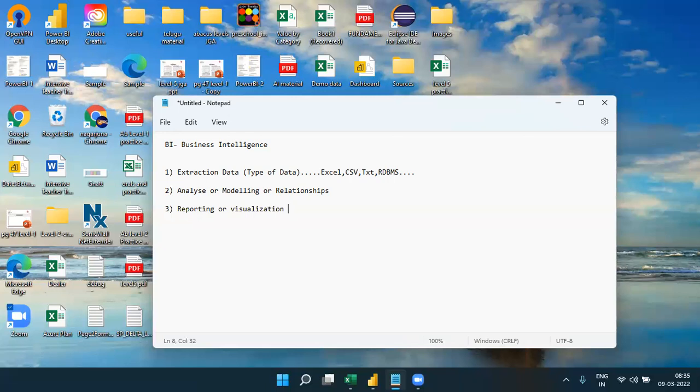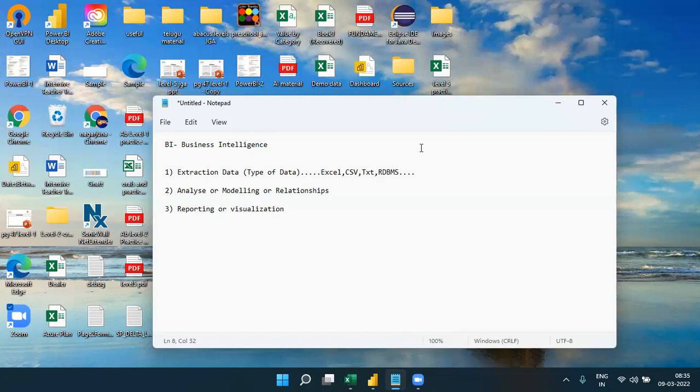Okay, so business intelligence three steps can be divided: getting the data from different departments of your business, extraction of data from different forms, and analyzing it and getting it reported to help you improve your business. మన బిజినెస్ ని ఇంప్రూవ్ చేసేటట్టు, డెసిషన్ మేకింగ్ కి హెల్ప్ చేసేటట్టు మనం దాన్ని రిపోర్టింగ్ చేయగలిగితే,